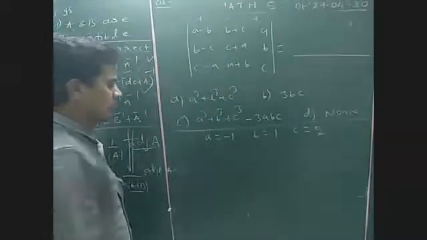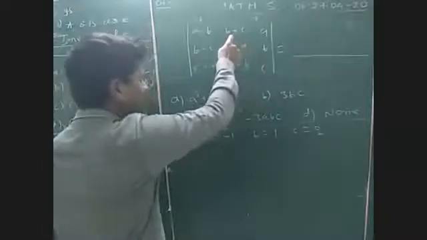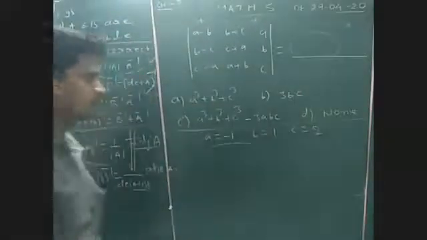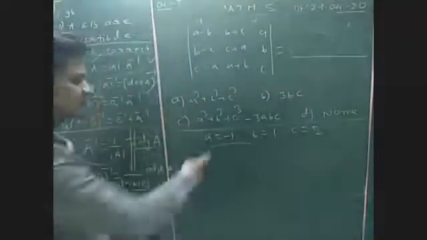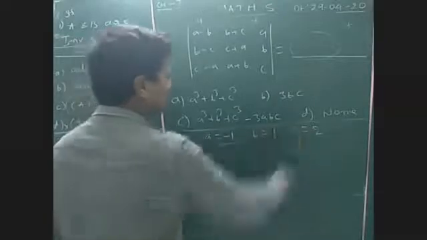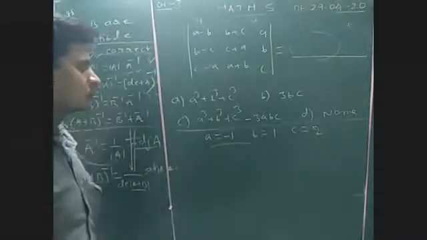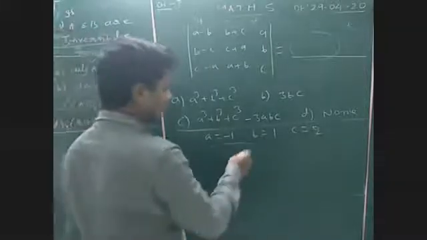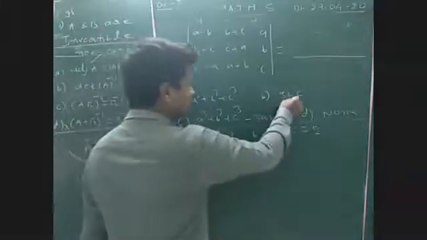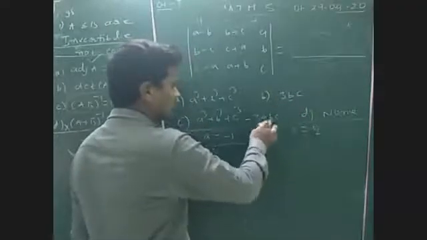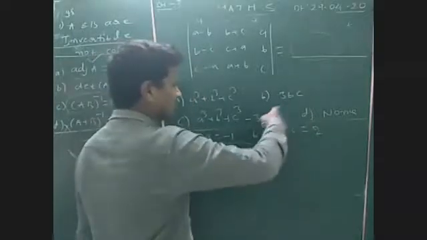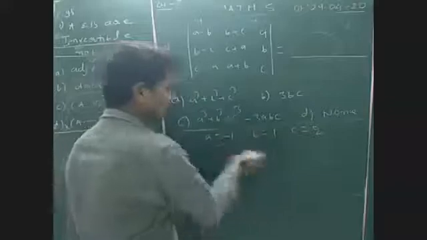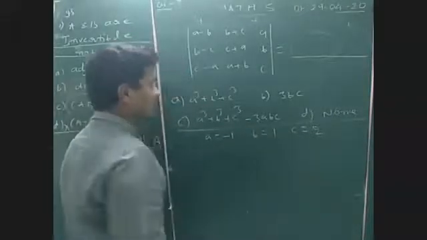Okay. You can substitute these three values here and you will get some value. The same values you can substitute in the options also. So whichever option has the equal value, that option will be right. Substitute A is equal to minus 1, B is equal to 1, C is equal to 2. Don't take any one of the values as 0, because if you substitute 0 here, we will get 0. Whenever we have multiplication terms like A, B, C, in that case don't take 0. You can take non-zero and different values.